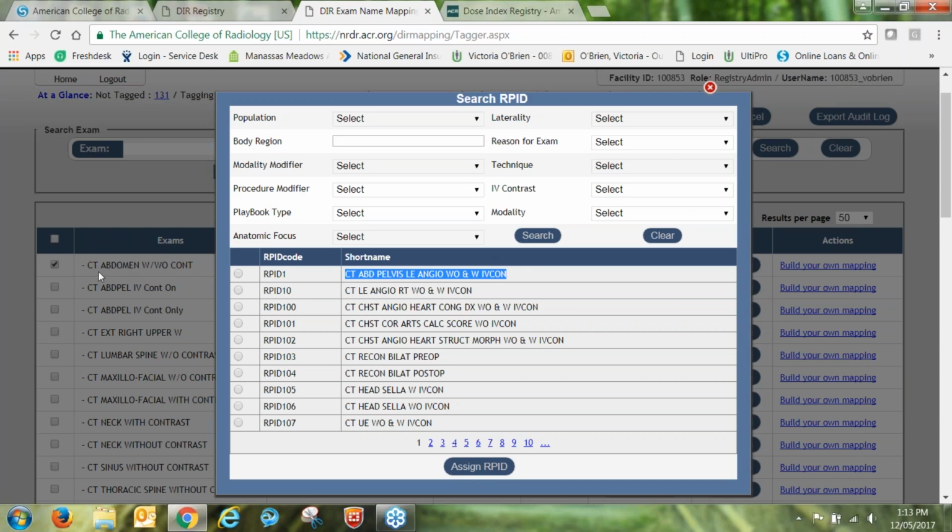So even if your exam name doesn't match it exactly, the artificial intelligence within the software itself will try and find a match to the sequence of letters in the exam name. And that is how the top 10, and then of course 20 and 30 and 40, you can see at the bottom pages 2, 3, and 4, and 5, and so on, populate in the lower half of this search